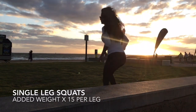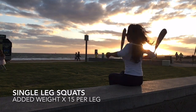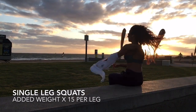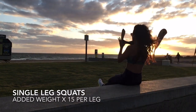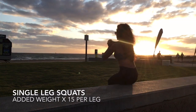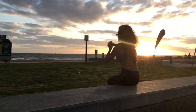And now you guys know what to do. This is the final leg. I want to have a look at the sunset. Getting a bit hot, even though it's quite windy. Working really hard. So here we go into the final set of the single leg squats. Big lift up, engage the abs, breathe. 3, push, squeeze the glutes. 4,